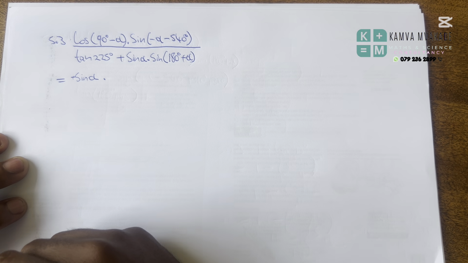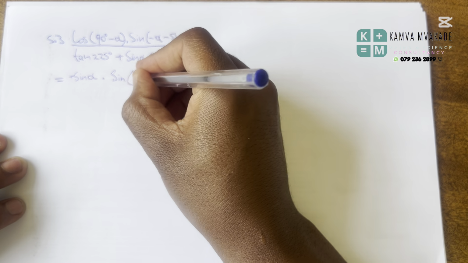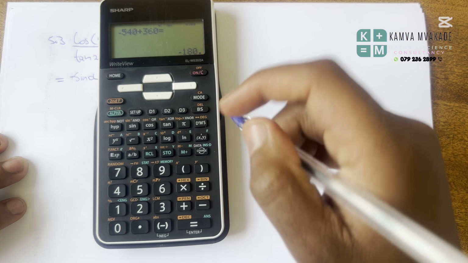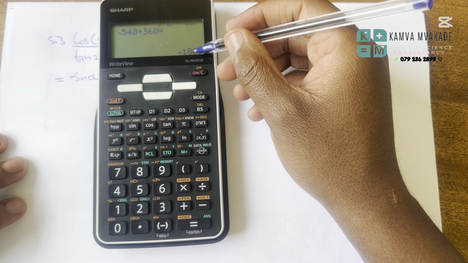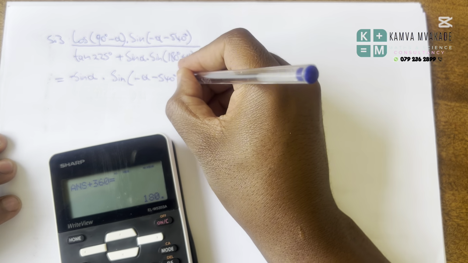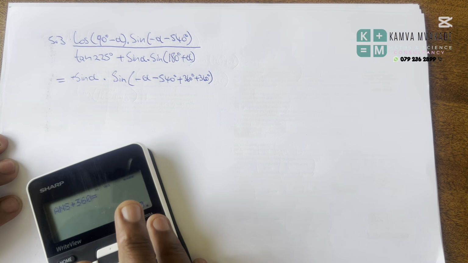With this one here, what we do is we're going to add 360 there, because negative 540 is way less than 0. So we have negative alpha minus 540 degrees. Now negative 540 plus 360 is how much? It is negative 180. And then we add another 360 there, it gives us 180. So it's going to be plus 360 degrees plus 360 degrees, which is 720